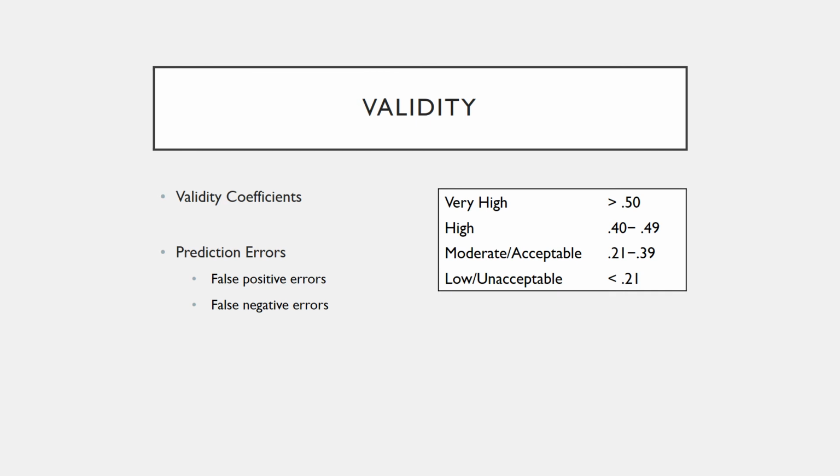But with validity, we're looking more like a 0.5. 0.5 is pretty darn good with validity. So anything from like a 0.49, maybe even like a 0.35 to a 0.50 is pretty good or pretty acceptable. Anything that's below a 0.3, we might want to look for something that's a little bit more valid to make sure that we're actually accurately capturing that construct, because we don't want to accidentally, again, have those false positive or false negative errors, meaning that we're predicting that a positive outcome would happen when it wouldn't, or predicting a negative outcome would happen when it really wouldn't.